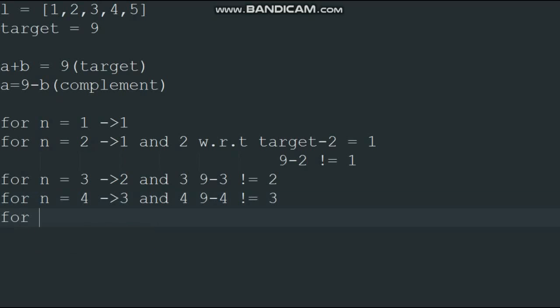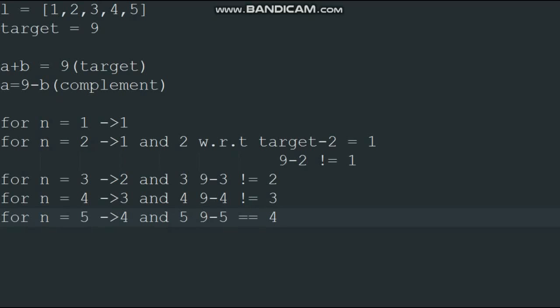But for n equal to 5, the previous element is 4 and the new element is 5. So now 9 minus 5 is equal to 4.